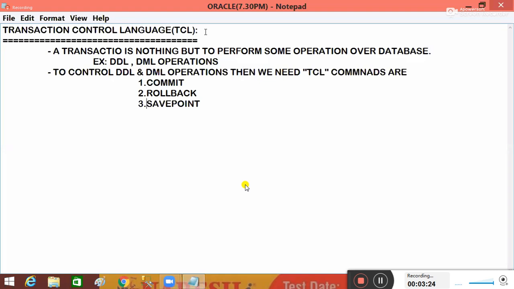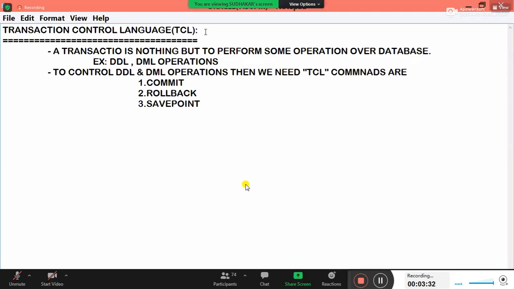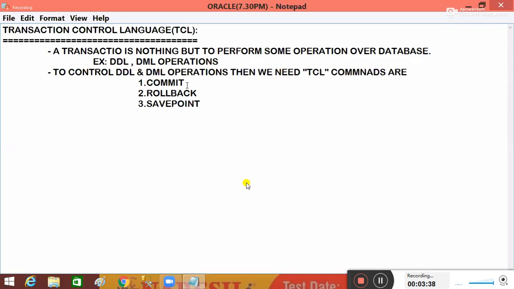Now let us see the commit command, how it controls your DDL and DML operations, and what rollback is, and where you want to create a savepoint and what a savepoint is. One by one we will discuss. So commit is nothing but simply we can say